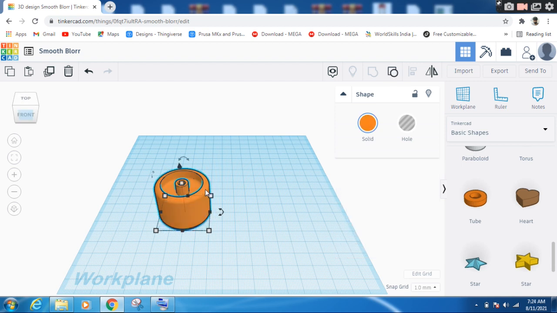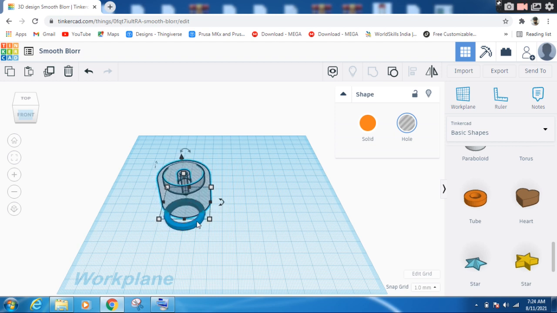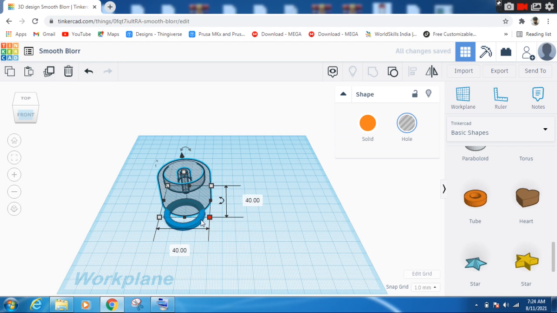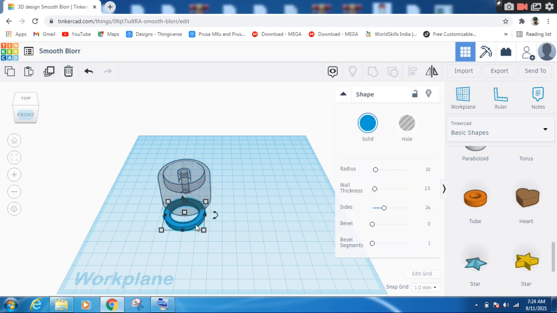First turn this one into a hole, so you can see what is happening inside. Let me check the radius for this one. How much have I taken, 40, so that's why it's smaller. So let me keep the radius for this one 42. Sorry for that, 42, and here also 42.